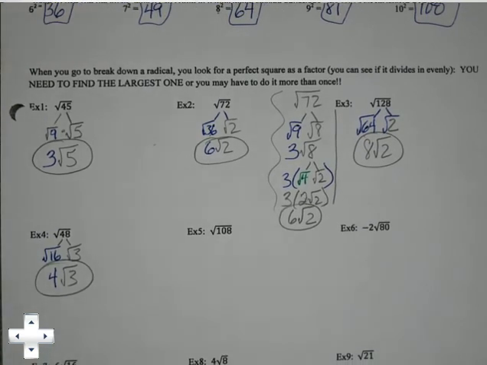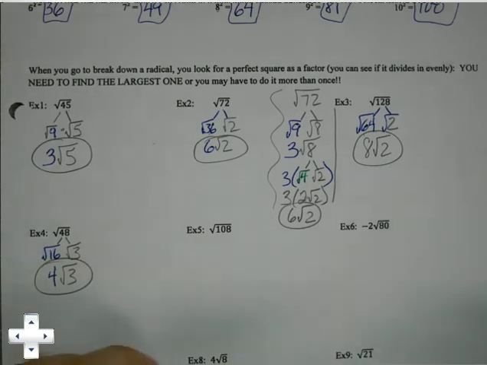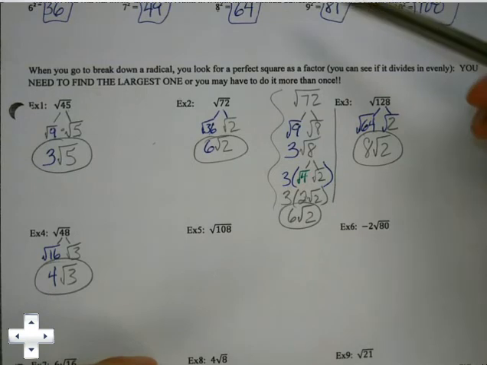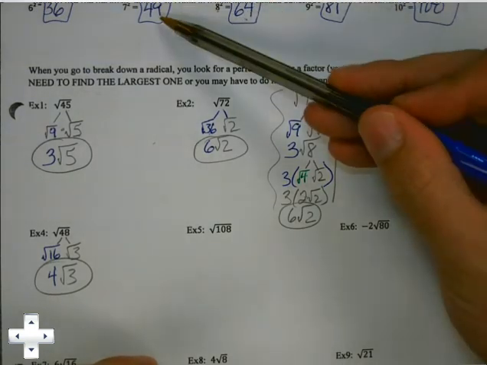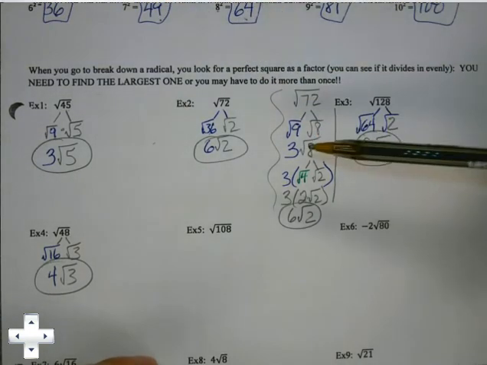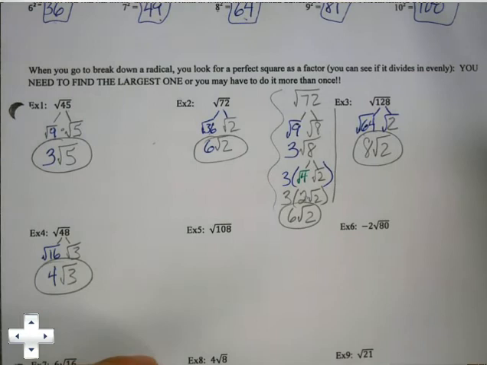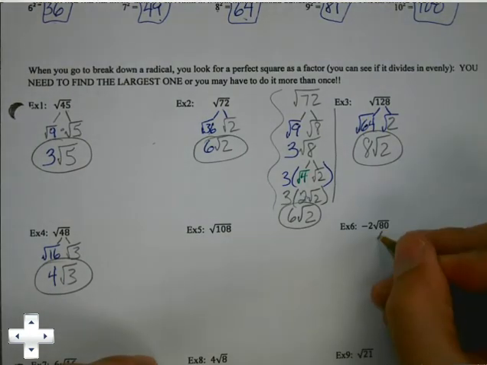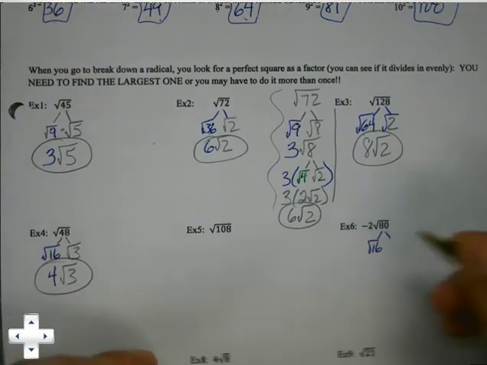Negative 2 square root of 80. You're like, now what's up with this? We're going to ignore the negative 2 for right now and just deal with the 80. So again, I'm going to start dividing numbers in, the bigger the better. So I'm like, no, 64 doesn't work. No, 49. I'm getting a decimal when I punch it in my calculator. No. Oh, 16 works. So 16